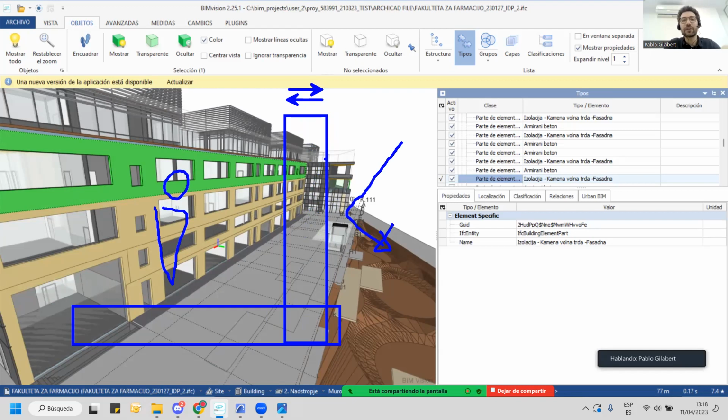In your case, you have the IFC curtain wall over here. You have the IFC building element part, with some windows, and I think you have one or two other layers. And this is a problem for us. Well, it's not a huge problem, but it's a problem,